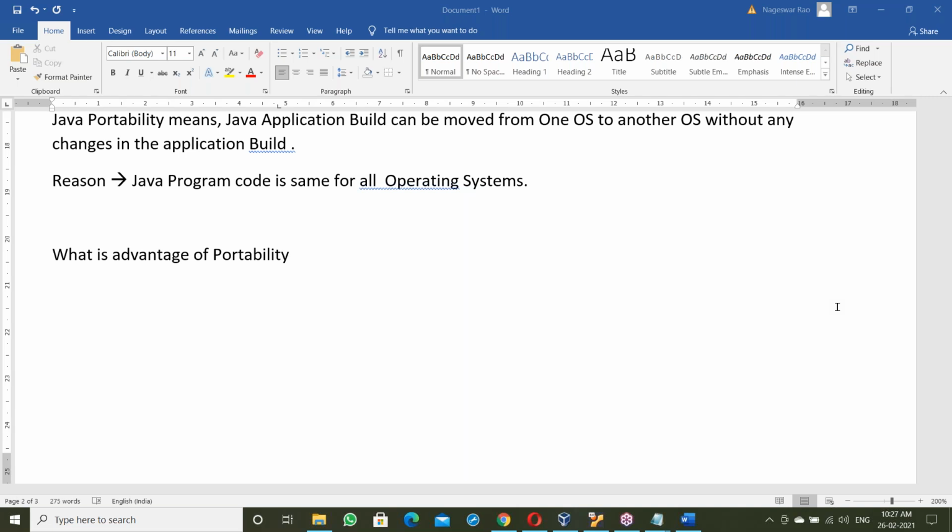Even .class files are executed by the JVM, not the OS. An exe file is executed directly by the OS. Who executes an exe file? The OS is responsible. A .class file is executed by the JVM, and a Python program by the Python interpreter. The browser engine, the JVM and the Python interpreter are OS dependent.